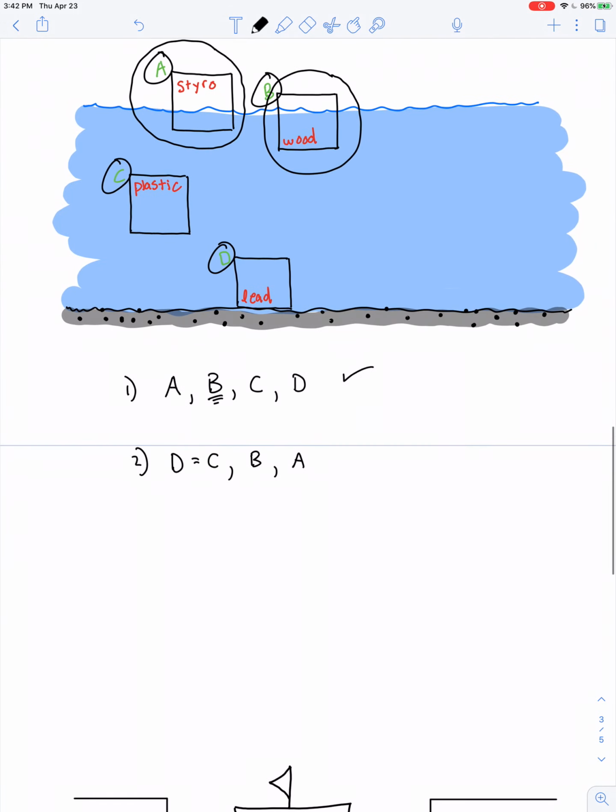Which one of these blocks displaces the most amount of fluid? Well, both C and D displace the same amount of fluid. They displace a volume of fluid equal to their own full volume. So this is why D and C rank equally as the two objects with the greatest amount of buoyant force acting on them. Then comes B, it displaces this much volume. And then lastly, A, which only displaces that much volume of fluid.